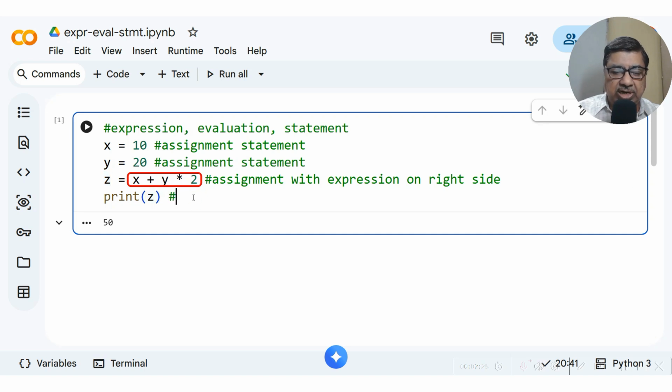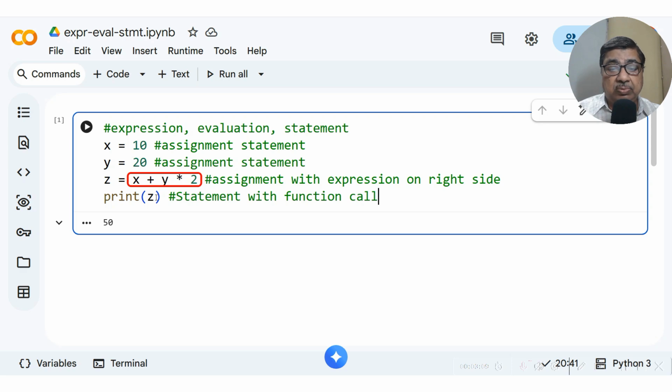So this is also a statement, but a statement with a function call. So different types of statements are there. One is directly an assignment statement. Some people can argue even 10 is an expression. That's correct, because 10 evaluates to 10 itself, 20 evaluates to 20 itself. But normally expressions have operators within them. So there is an expression on the right side, and this print is a function because it has these kind of parentheses. Actually z is already evaluated in the previous line. I can put this expression within print also, then also this will be evaluated.